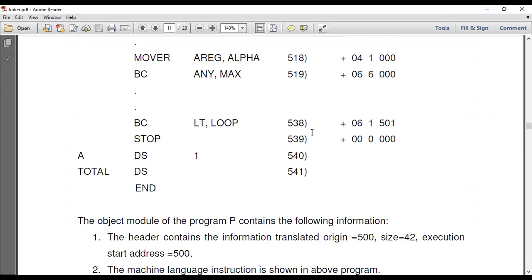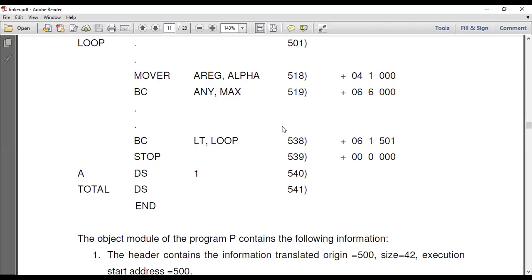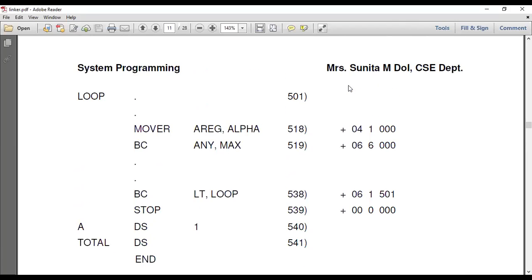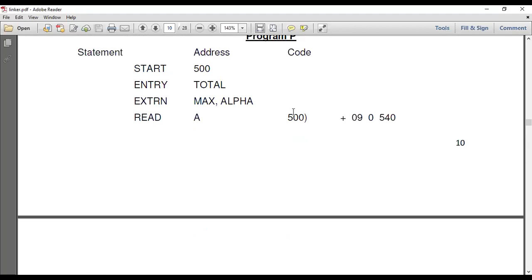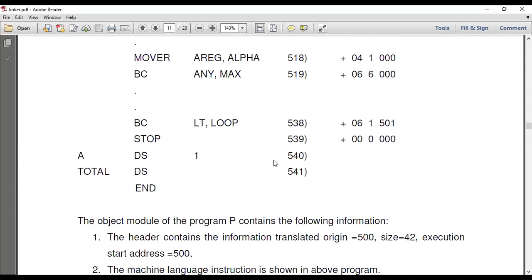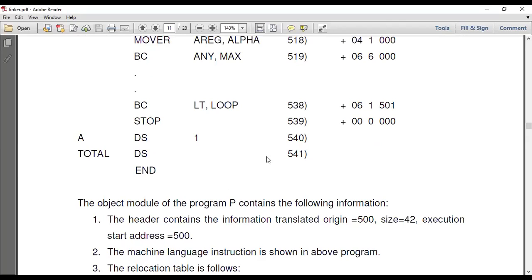In the relocation table we have two address sensitive instructions. First is 500, and second is 538, because it contains the second address sensitive instruction.